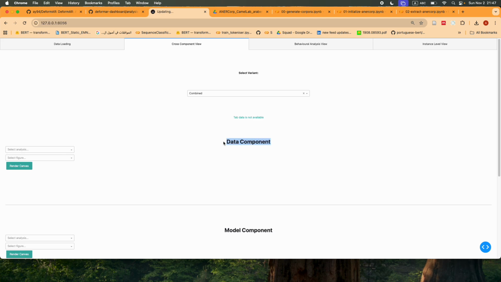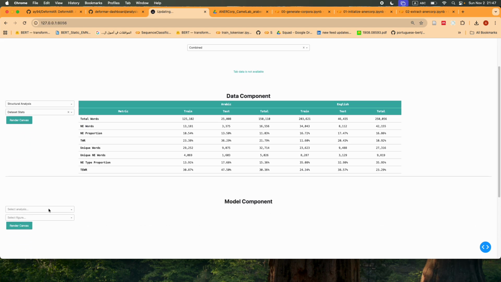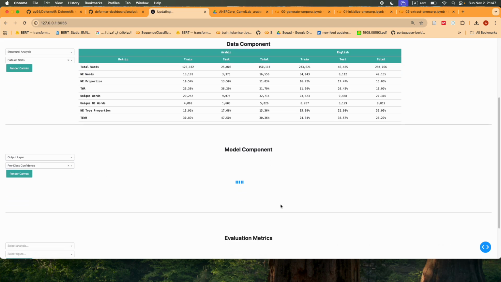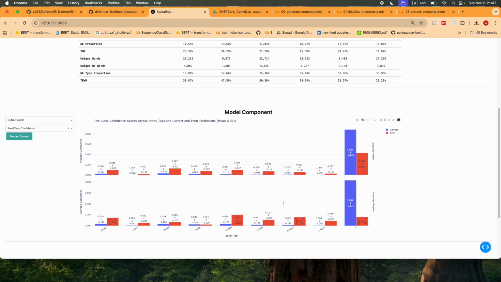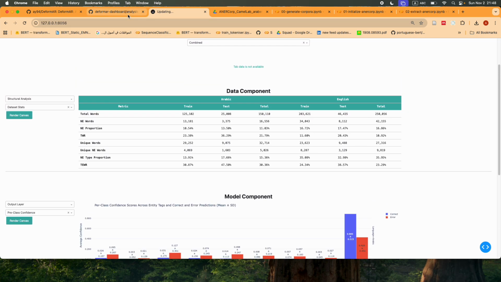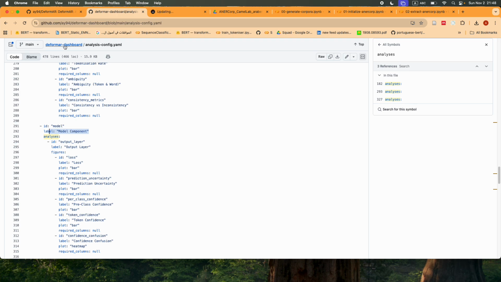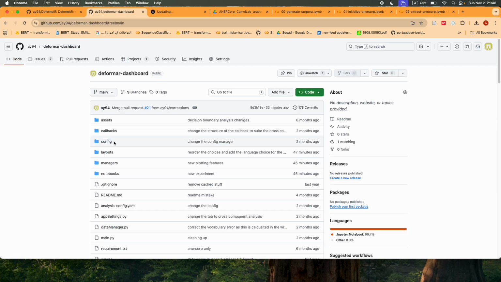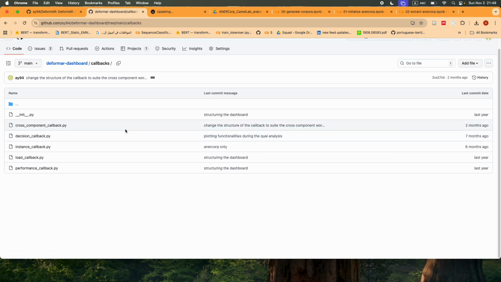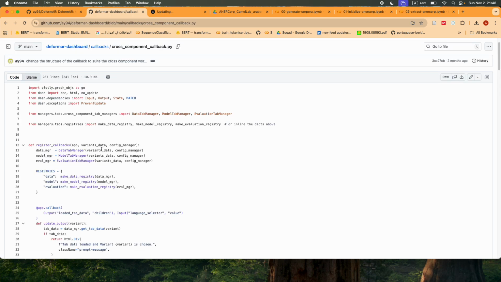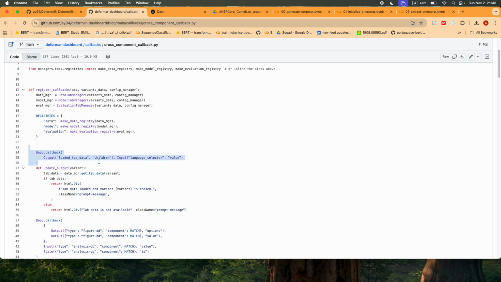So for the data component we have all the different analyses and the different figures, and if I click here it will generate, and if I click here it will generate a different layout and output and everything. And this structure allowed me to use a much simpler callback functionality. So now instead of having a callback for every figure, I have one or two centralized callbacks, one for loading